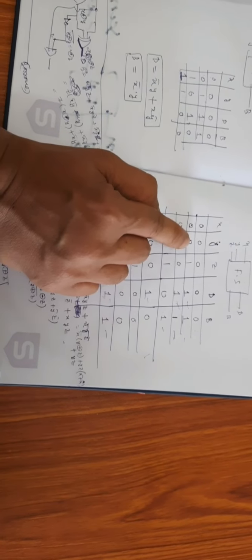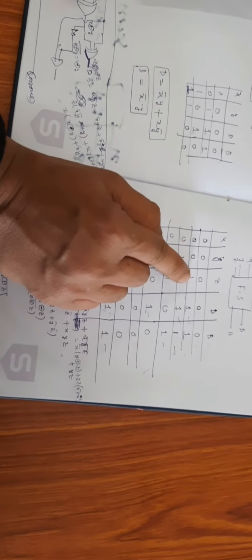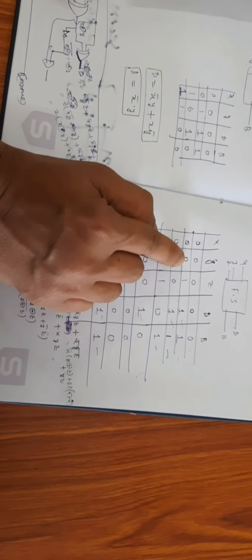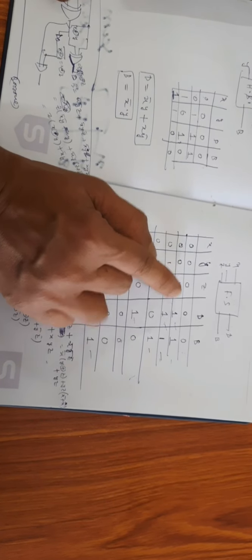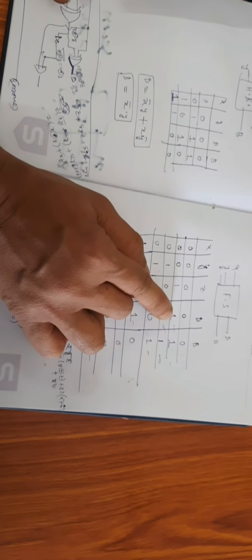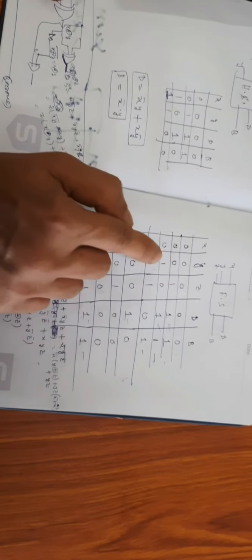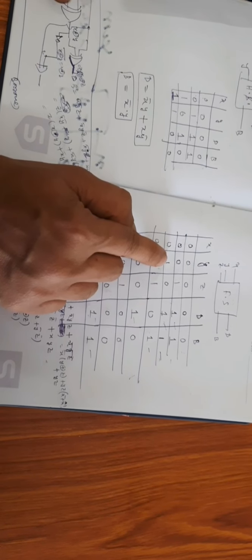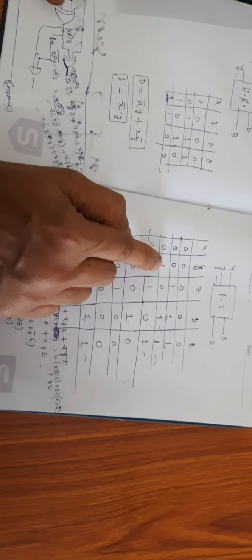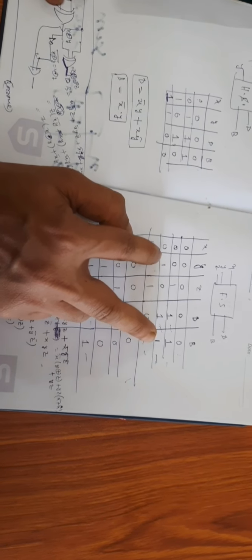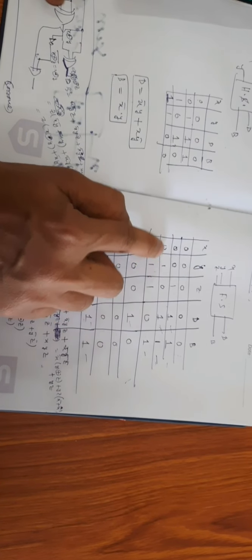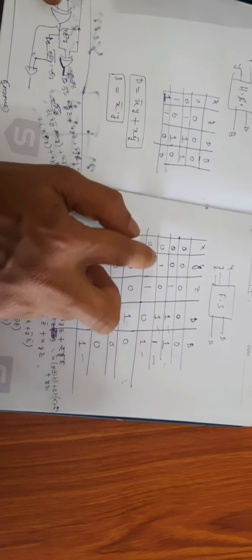Next case, 0 minus 0 is 0, then 0 minus 1. When you perform 0 minus 1, you always take a borrow. So that's why the borrow bit is 1. And what is the difference between 0 and 1? 1 is the difference, that's why the difference bit is 1. In the second case, 0 minus 1. Here also you are performing 0 minus 1, so the borrow bit is 1, because you are subtracting a bigger number from a smaller number.